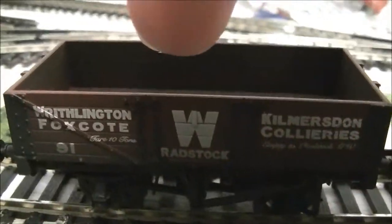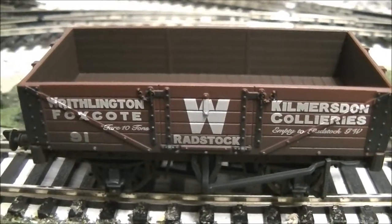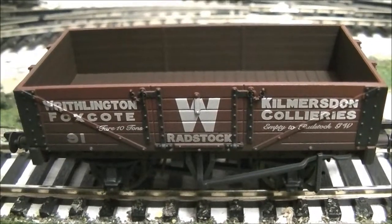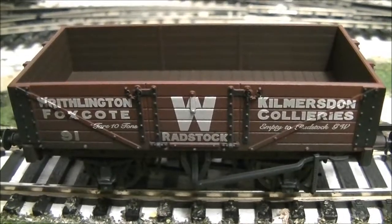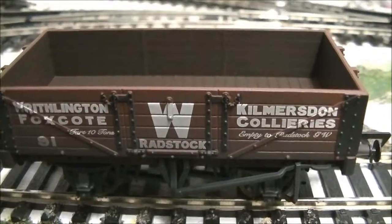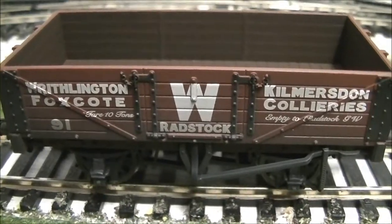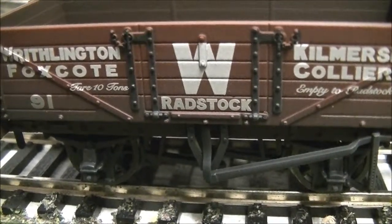Now, the giant letter in the middle, the W, some wagons had this, and some wagons had a K, which I could presume means Writhlington and Kimbleston, basically directing which colliery the wagon should be returned to, or came from. So this one is obviously, by the looks of it, with the W on the side of it, a Writhlington wagon. If I zoom in, you can see Radstock under there, which is right next to Norton, and obviously Writhlington